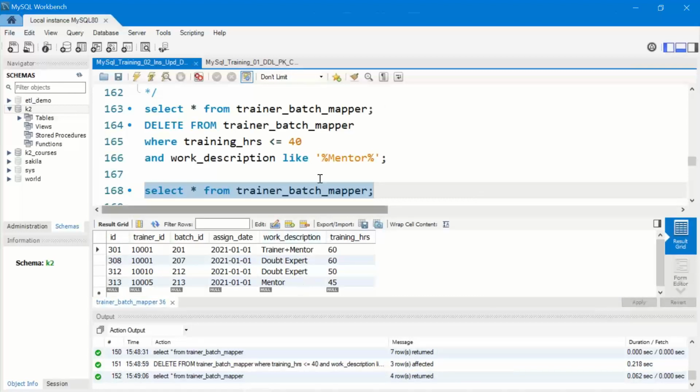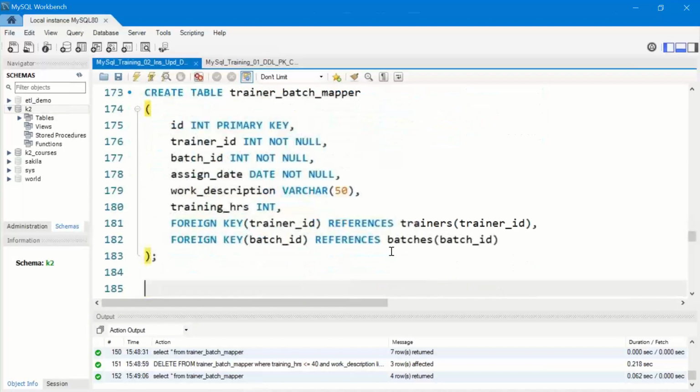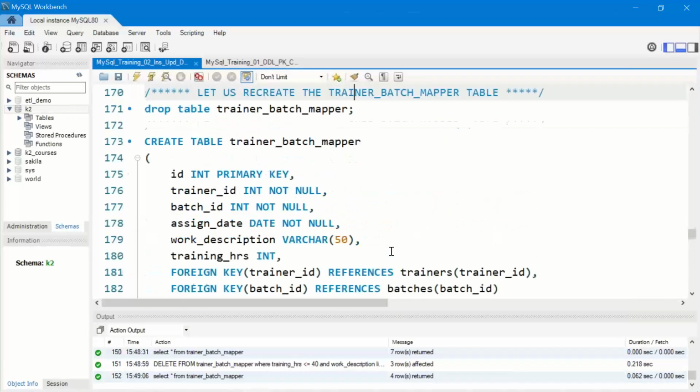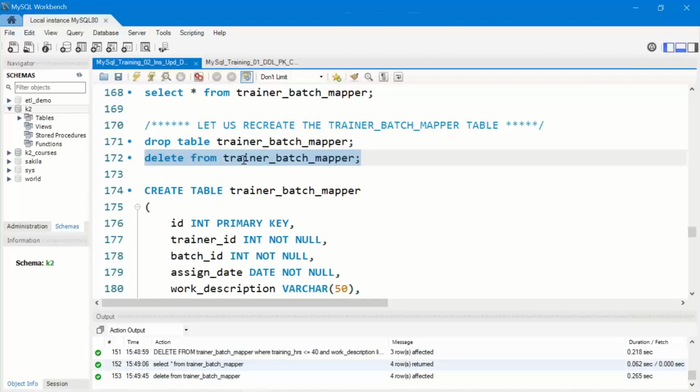Let's see the data once again after having done the query. You can see trainer plus mentor, that record has got deleted. Great. Lots of deletion has happened in the trainer batch mapper. So what I'm doing is, I'm just dropping the entire table. I can delete the content also. Do I need to drop it? No, I don't need to drop the table. I'll delete from. Yeah, we'll keep the table structure as it is. Delete from, 4 rows affected,